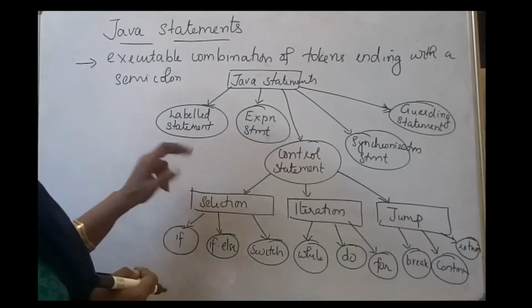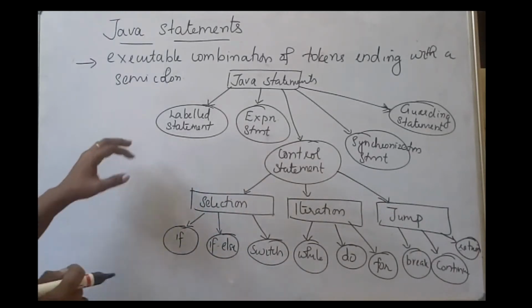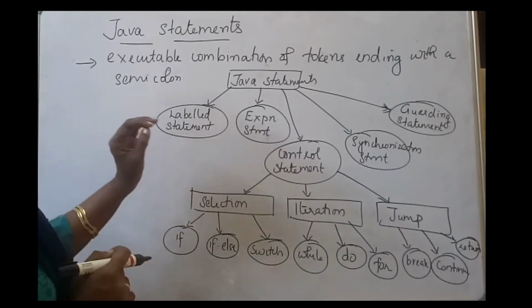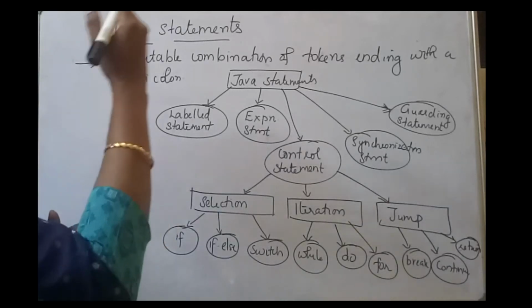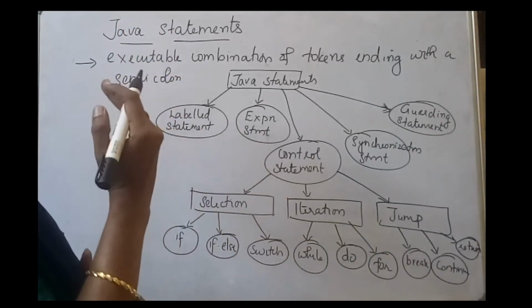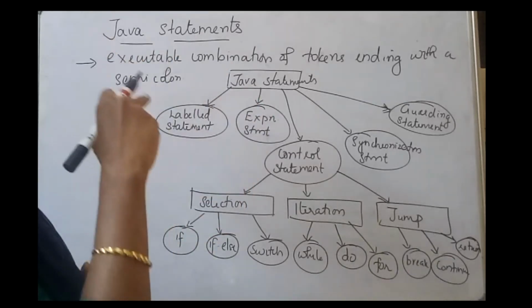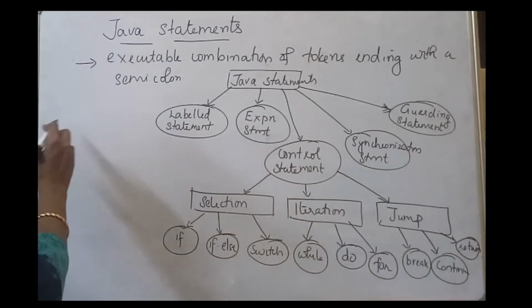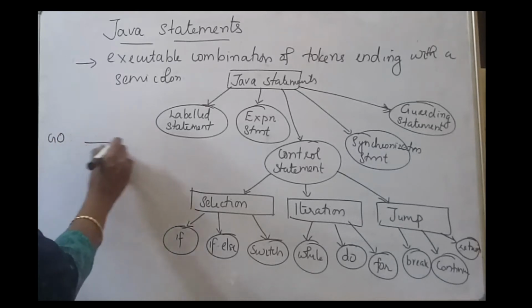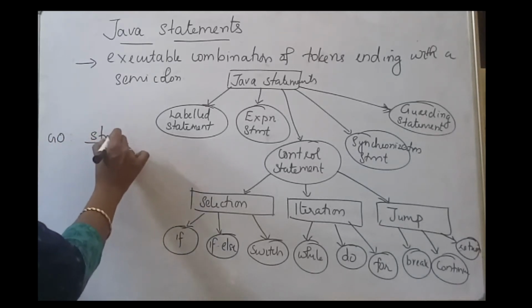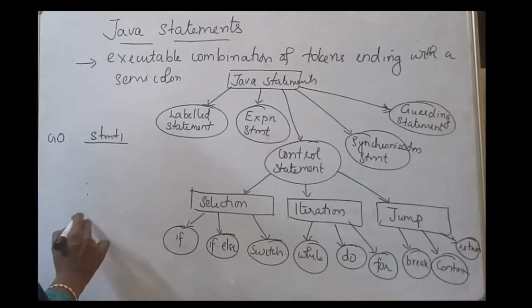First one is labeled statement. That is, we can give some label or a local name for a statement in Java. Then such a statement is called a labeled statement. We usually use this concept in case we want to jump to a location. Then along with the jump statement, we can give that label so that the control of execution can move there. So if you give some label like this to a particular statement, say statement 1,